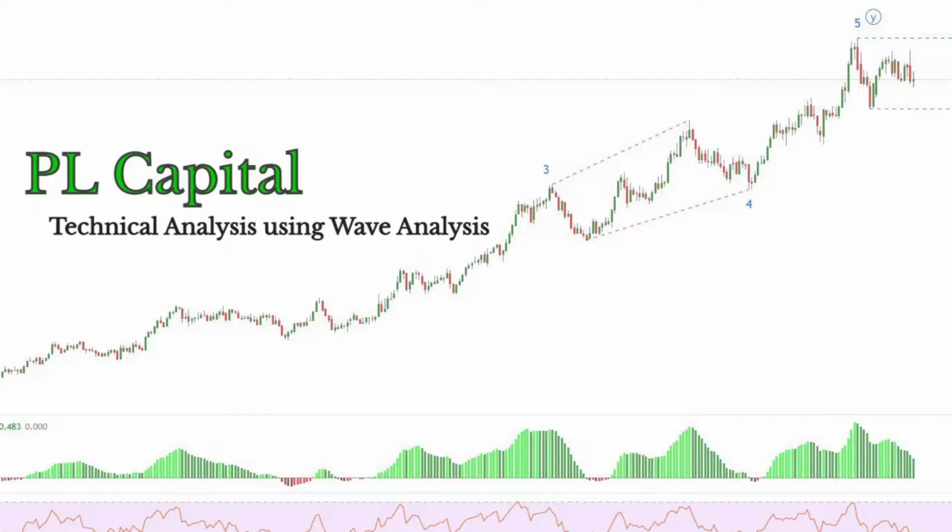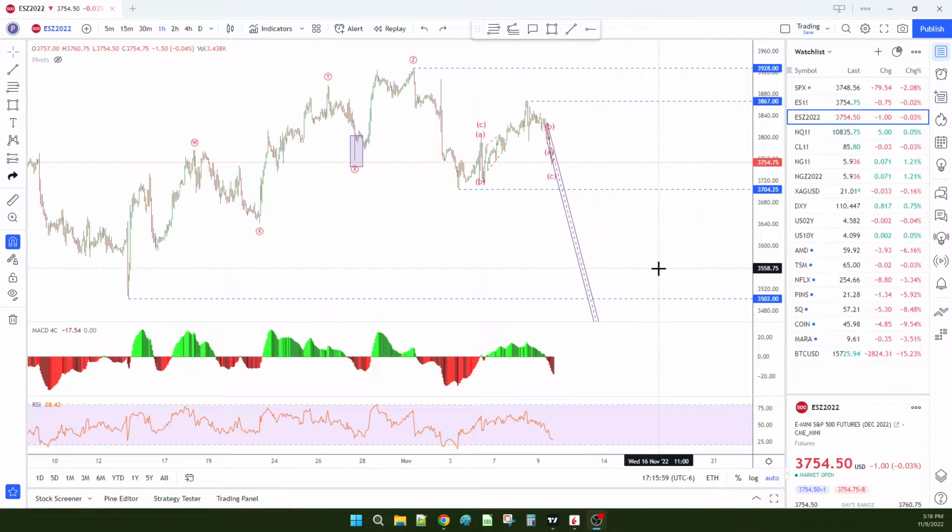Today is Wednesday, November 9th. The time is just after 5 p.m. Central. And I want to look at the S&P and the US Dollar Index. So let's get started. Looking at the ES futures contract, this is the 1 hour chart, so we're still stuck in between these two ranges, 38.67 down to 37.04.